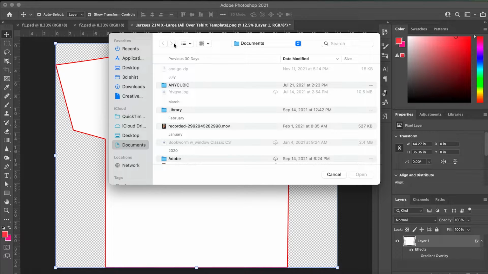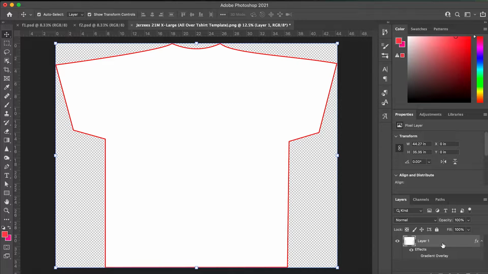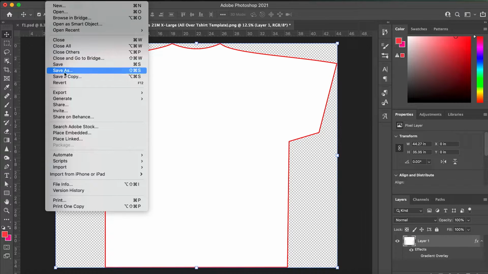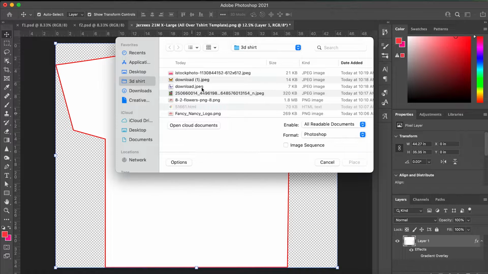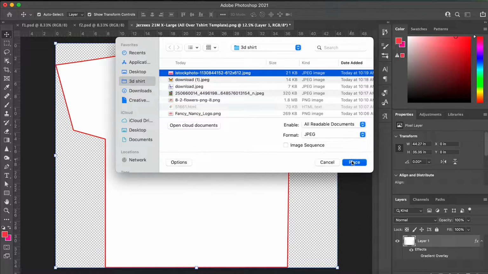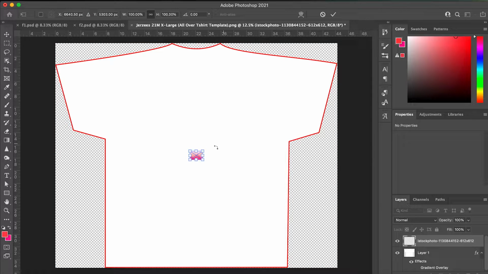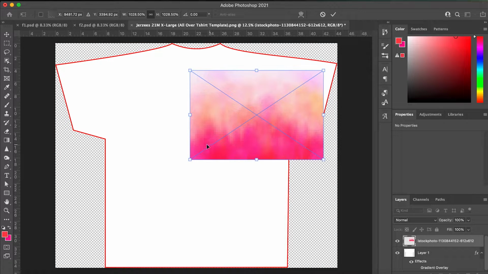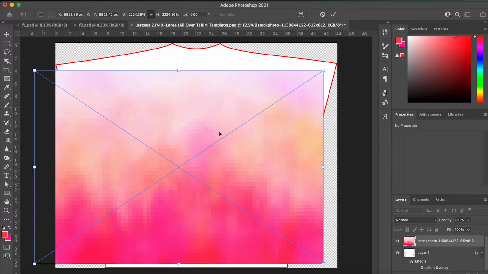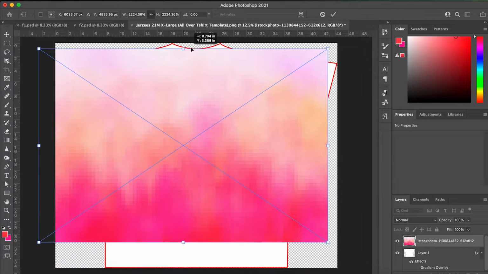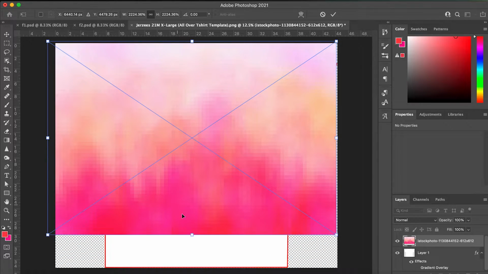Okay, so I'm just going to jump right in. I start by downloading the image from my website that's linked below, and then I go over to place embedded and insert my image. I download all of my images from Google, honestly, and Etsy. Those are my best friends. So I'm just going to resize this to make it as big as it needs to be to fit the